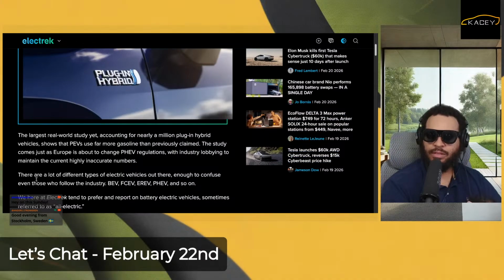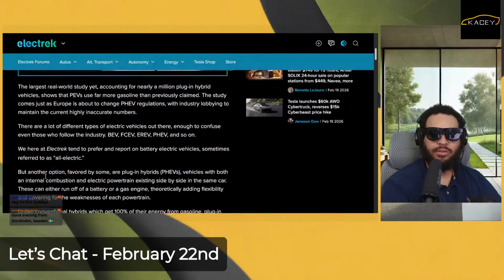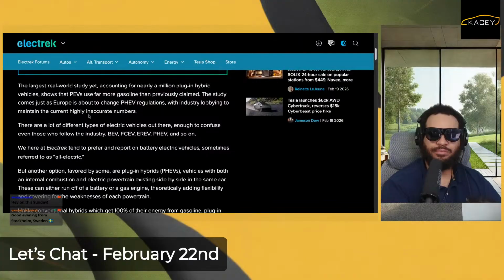And so anyway, the largest study yet, accounting for nearly 1 million plug-in hybrid vehicles, shows that PHEV vehicles use far more gasoline than previously claimed. The study comes